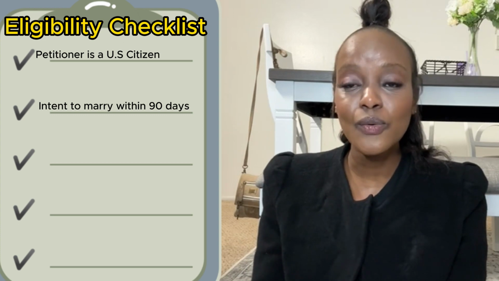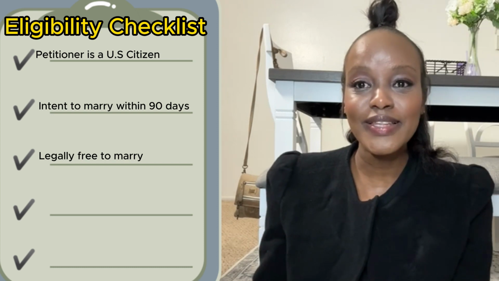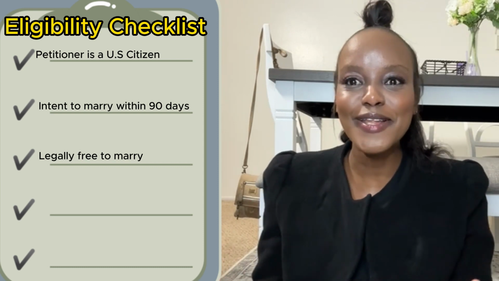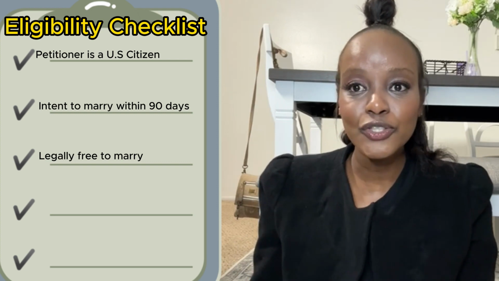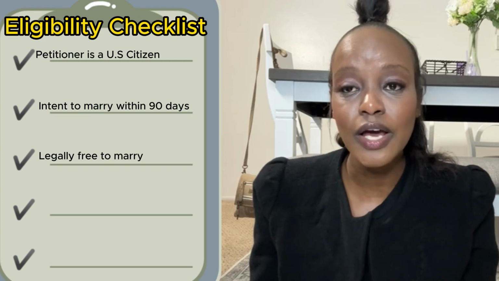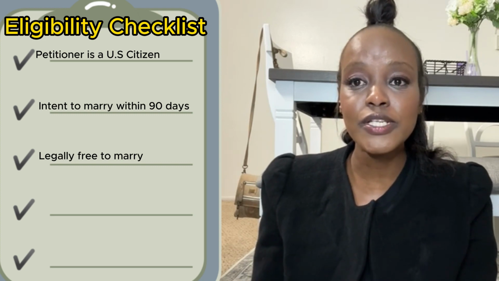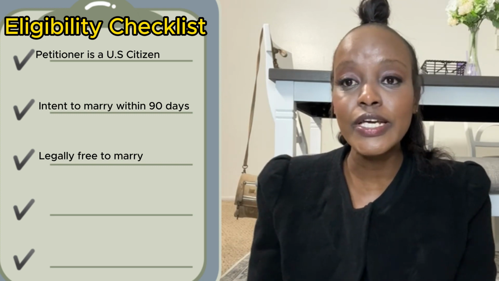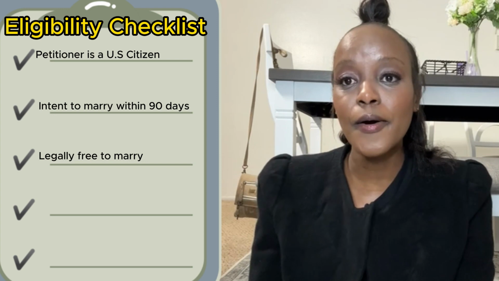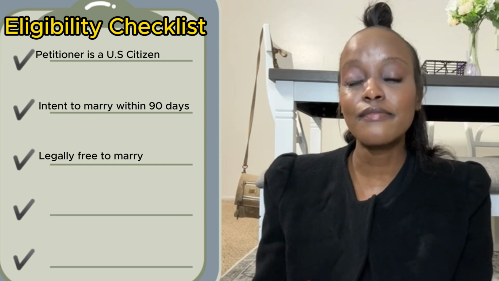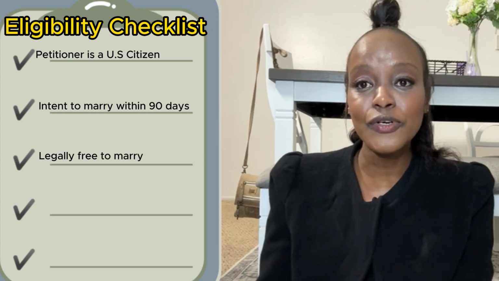Thirdly, both of us were eligible and available to get married. What does this mean? This means that we were single, available in the market. We didn't have any previous marriages, but just to mention that if you have any previous marriages, either one of you or both of you, as long as there is evidence to support the nullification, or there's a divorce decree, something from the courts to show that your previous marriage or marriages are nullified, then that's good. It means you're eligible to get married, and you will be required to attach the divorce filings